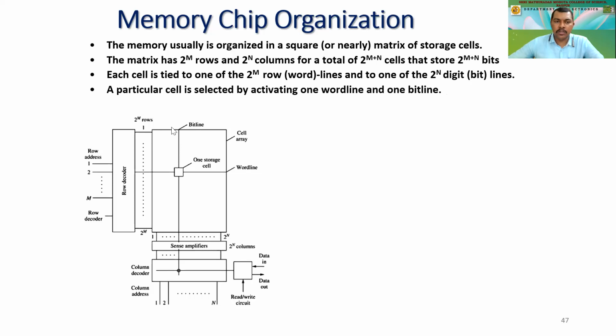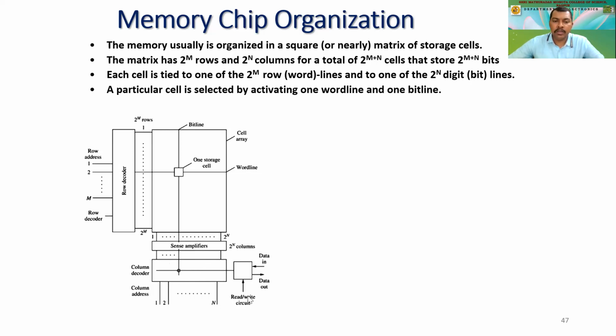So this bit line is over there. So we are having the columns named as the bit lines, whereas the rows are named as the word lines. We call this a cell array, and this is the smallest storage cell that we have studied now, right? And now it looks like this. And here we are having the sense amplifiers, which is around 2 raised to power n columns. So accordingly, we'll be having 2 raised to power n sense amplifiers. We will be having the column decoder. Likewise, we will be having the row decoder as well.